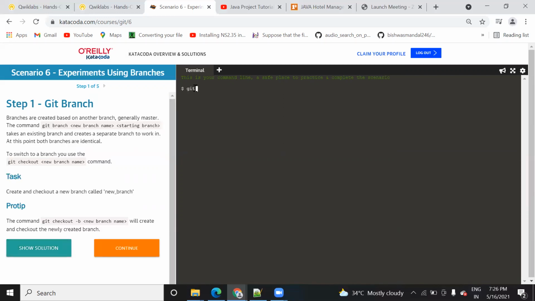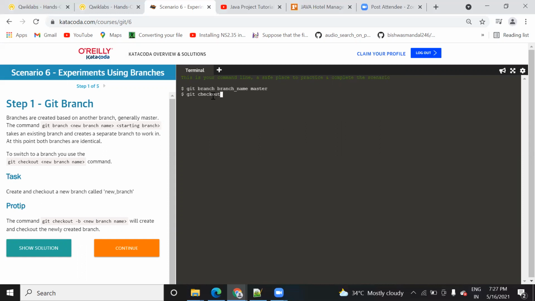In order to run the command, you just need to type git branch. I have given a branch name, and I will press enter. See, it ran successfully. Now, do you want to check out? Then use the checkout command. You can see here git checkout -b new branch name will create and check out the new branch that you have created. Here I have created a new branch, whose name is branch name. You can keep any name.